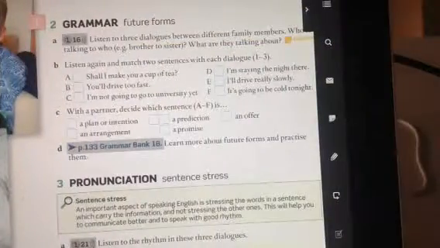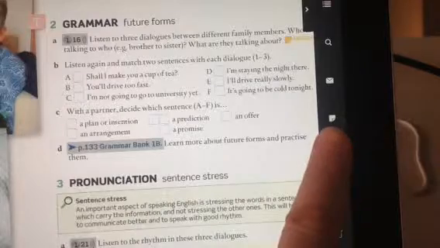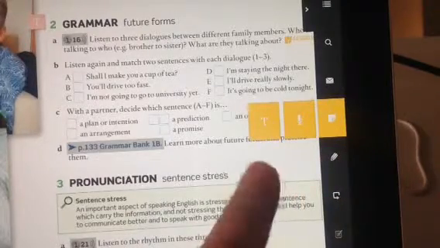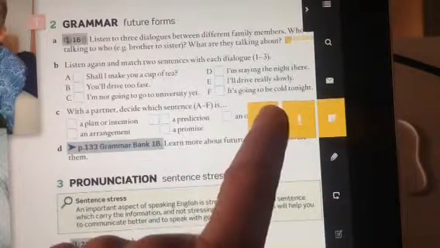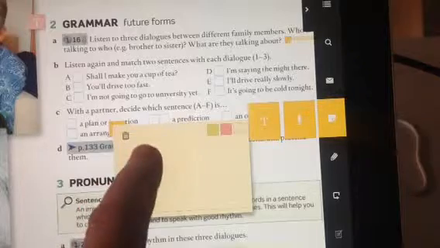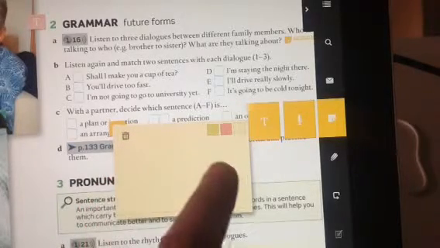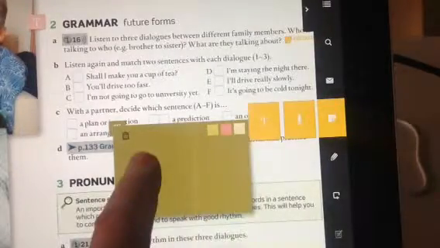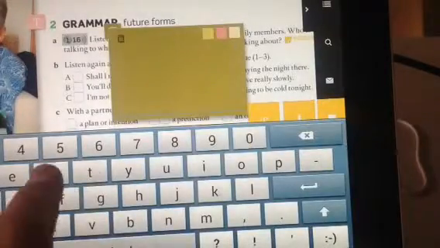Okay, there's one more tool I'd like to talk about, and that is this one here, which is the sticky note. If I click on that, you can see there are two options, the text sticky note and a voice recording. Let's have a look at the text. If I click on that, I see a sticky note that appears. There are three colors that I can choose from, and then I can type my message